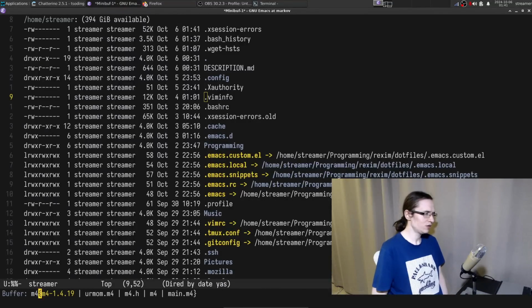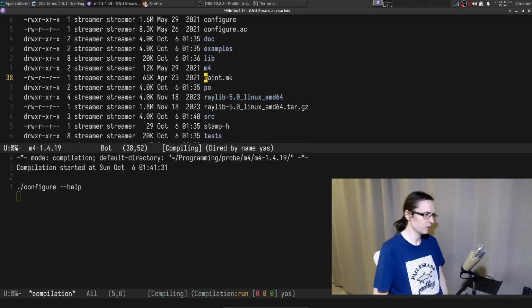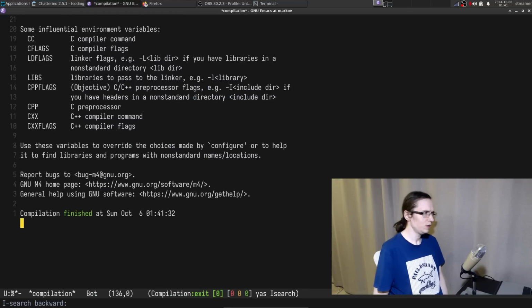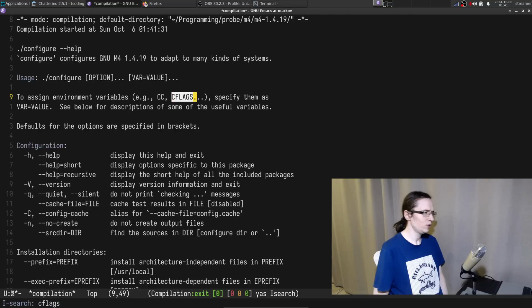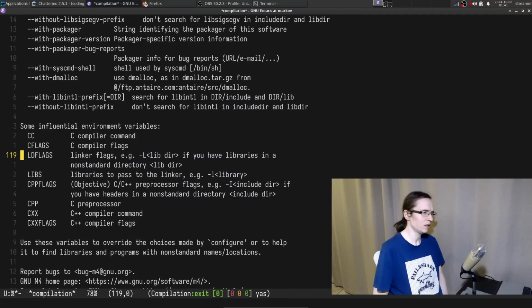Can we just simply do configure help and maybe CFLAGS? No, it has to be. I remember somebody was doing LDFLAGS. Nah. Linking flags, for example, -L if you have libraries in a non-standard libdir.